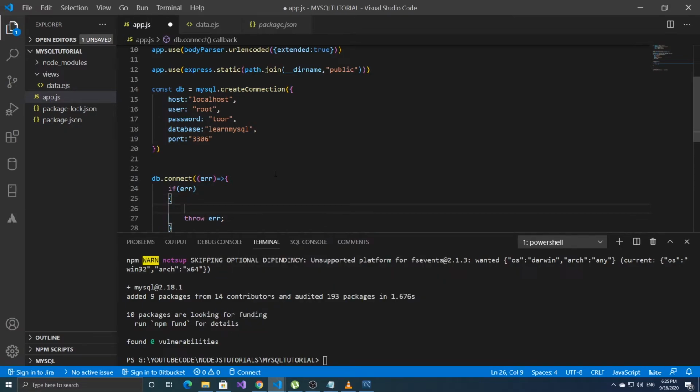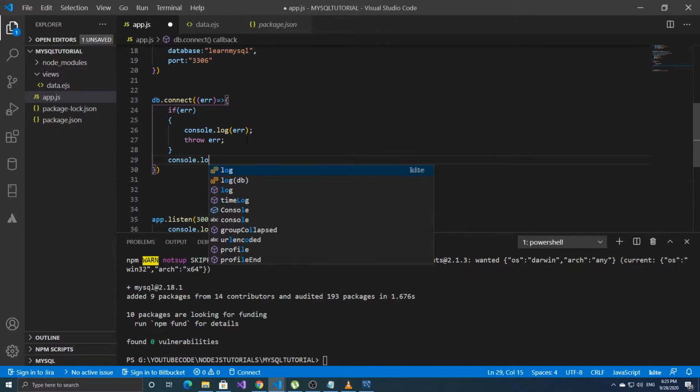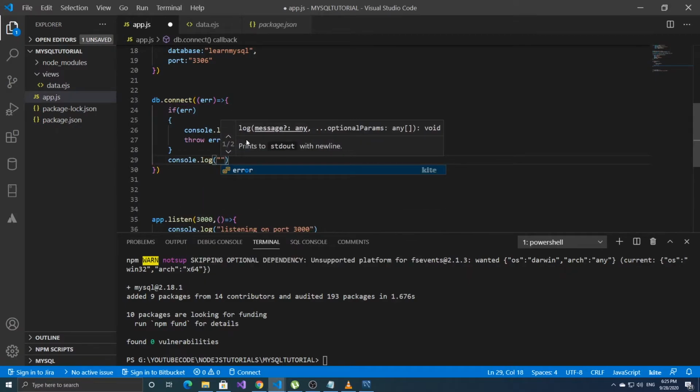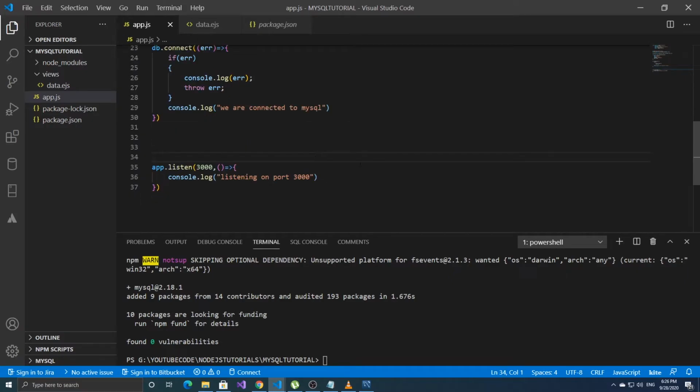But first, let's console log it so we can see it. And if it passes the test, we can console log that we are connected. We are connected to MySQL. So we can test it,